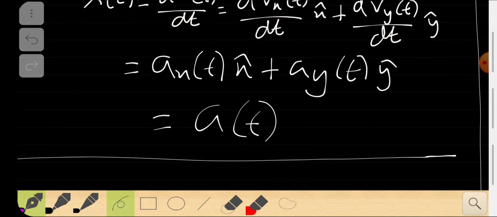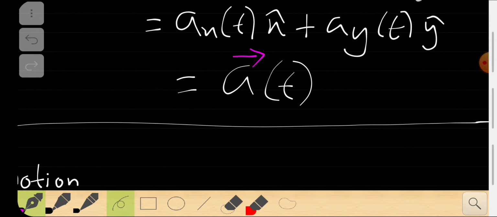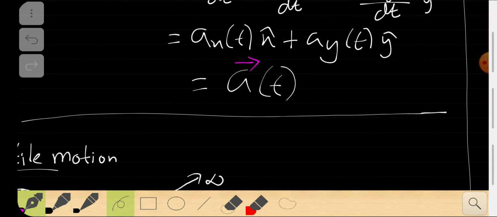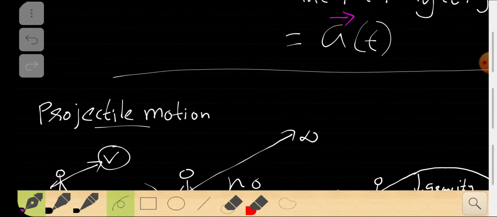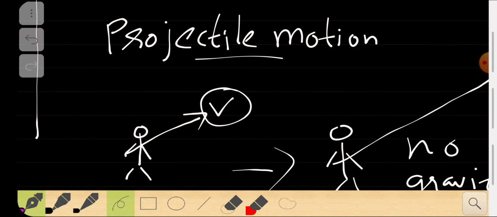So that changes contribute to the vector, which is the acceleration vector. You can represent that as well. Now, these are the basic things that we have discussed up until now, right? Now what we are going to do is change things and advance things in two-dimensional motion. Let's look at projectile motion.